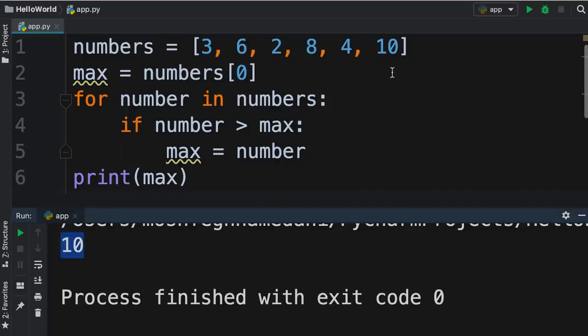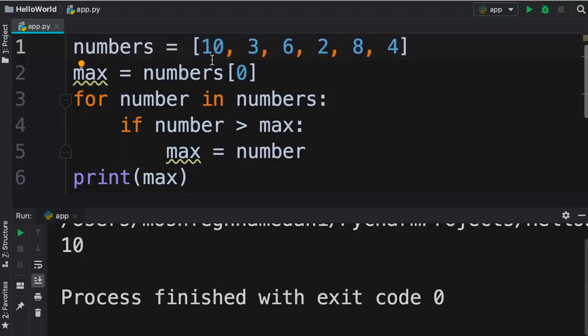It doesn't matter whether this number is at the end of the list or at the beginning. So if I move 10 and put it right at the beginning, we should still see the same result. Let's run our program. We still see 10. If I put this somewhere in the middle, our program should